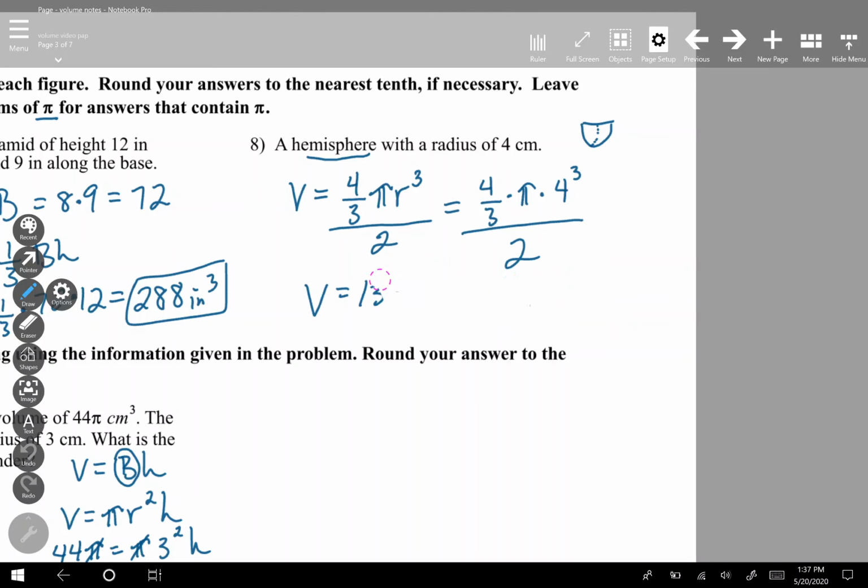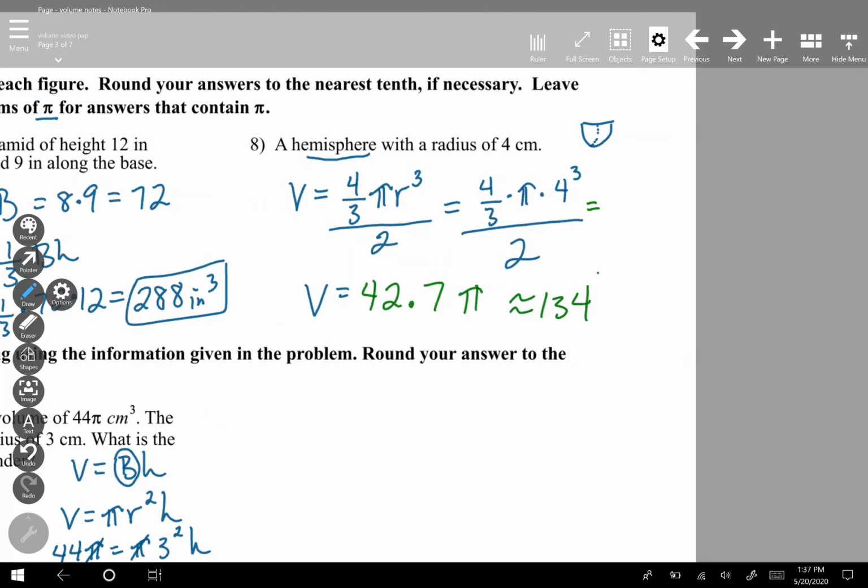Okay, but in general, this is volume, okay? So on this one, I'm just going to do 4 divided by 3 times 4 to the power of 3. Press enter, and then divide that by 2. So it's 42.7 pi, okay, which is